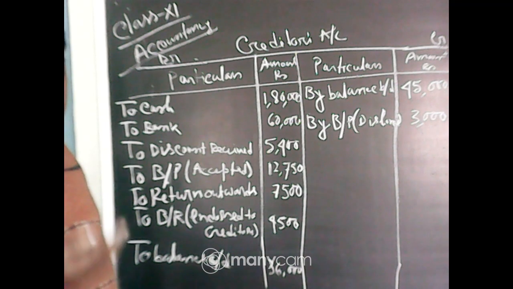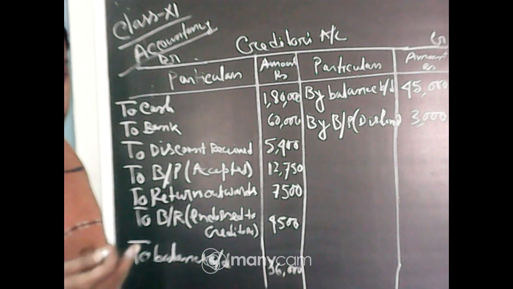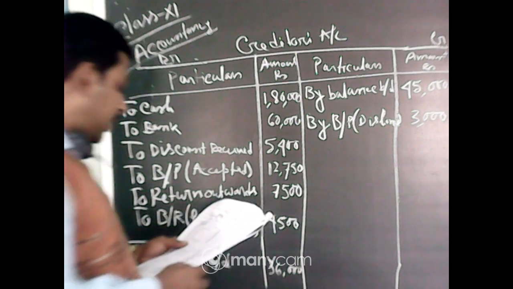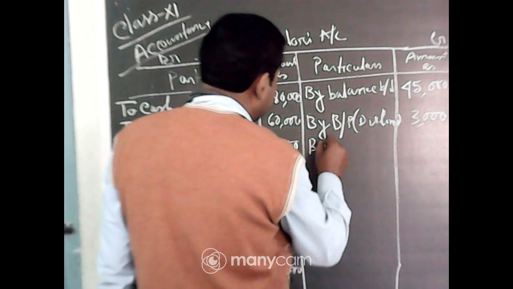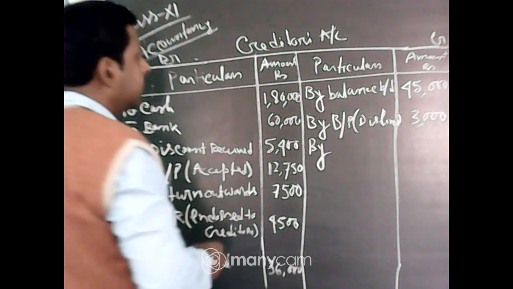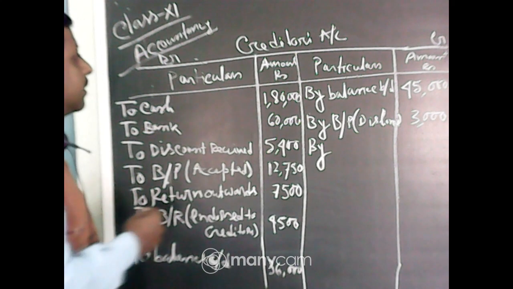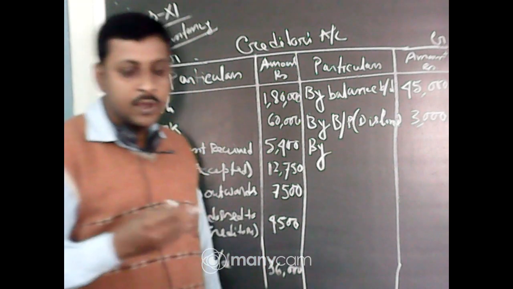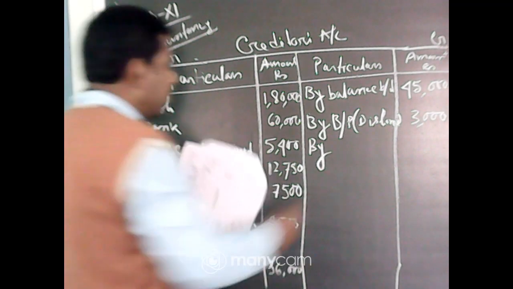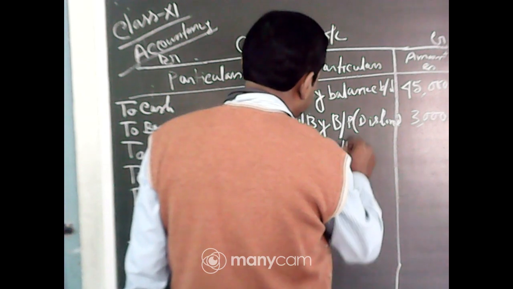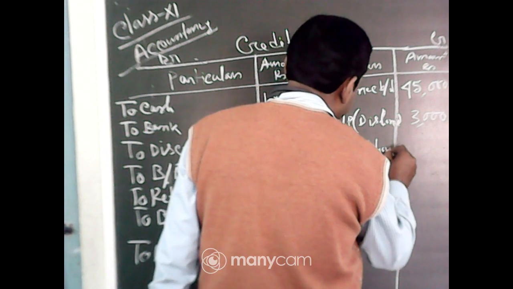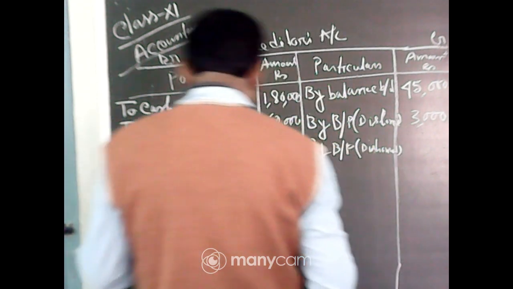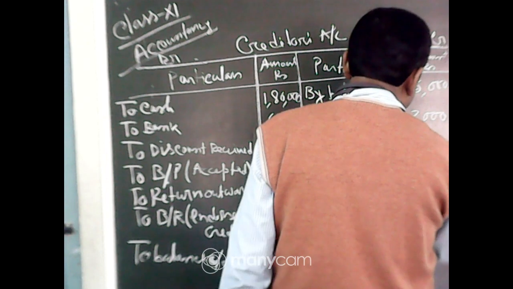debtors whom actually accepted the bill, now he failed to make the payment on the maturity date. So in that case, if the bill is dishonored, you have to increase the credit balance of the creditors, that is, the amount will not be deducted. So bills payable account debit to creditors, that is bill dishonored. Now bill dishonored, that is 1800.